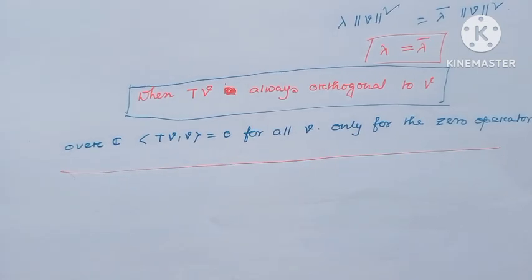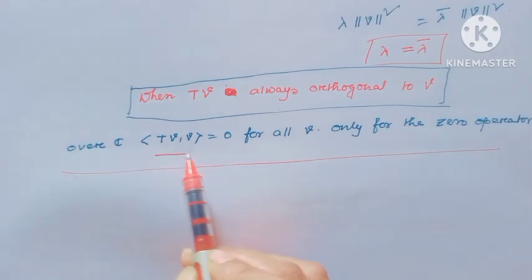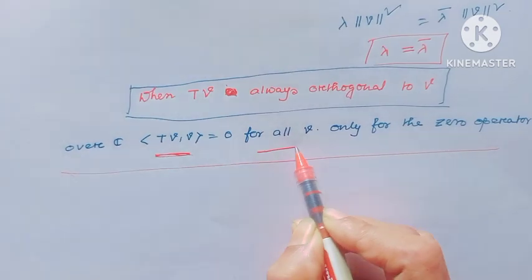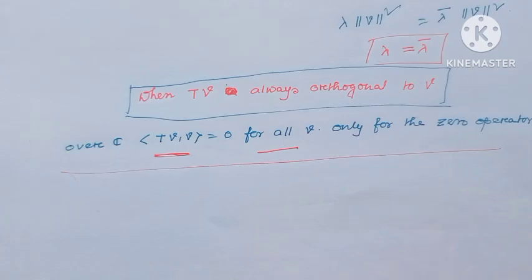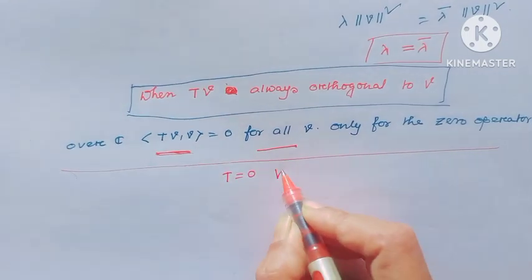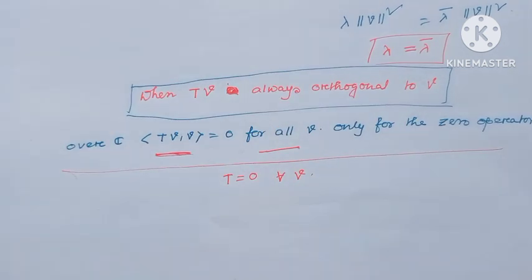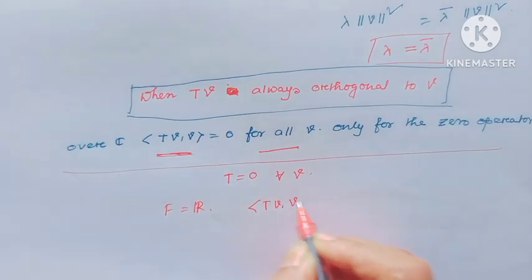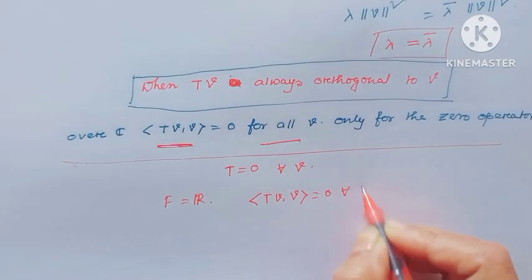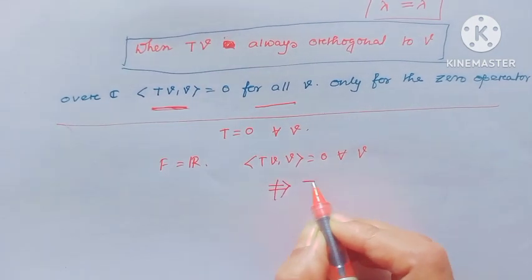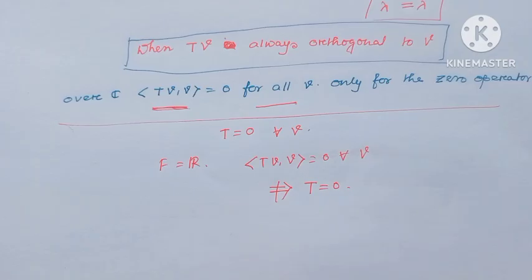That means when the field is complex, if the inner product of Tv with v equals 0 for all v, then the operator T is the zero operator. When the field is real, if the inner product of Tv with v equals 0 for all v, then that does not always imply T is the zero operator. For example,